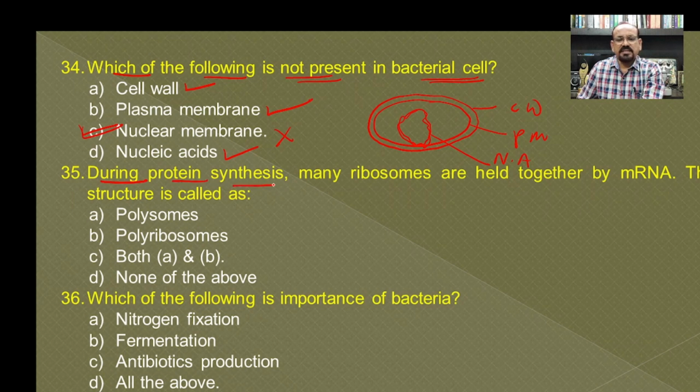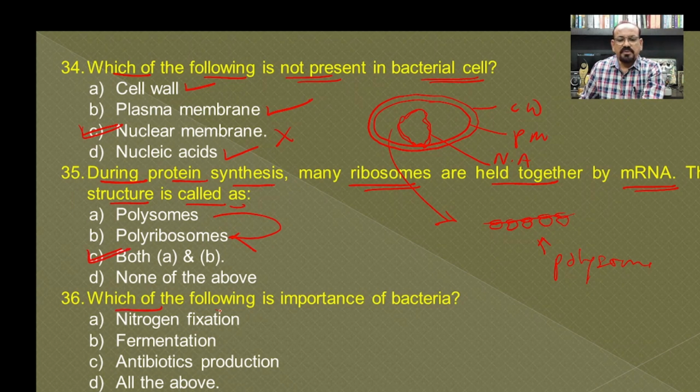Then, during protein synthesis, many ribosomes are held together by mRNA. This structure is called as. Many times in the diagram of the bacteria, you might have seen such a type of arrangement. So in this arrangement one single mRNA is carrying many ribosomes, and this structure is known as the polysome. So the polysome is also known as the polyribosomes,